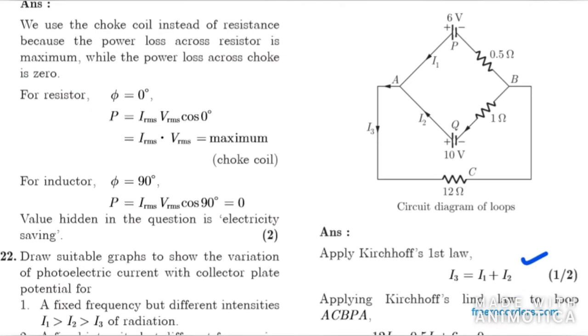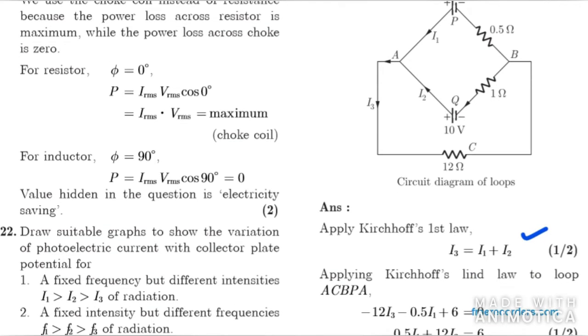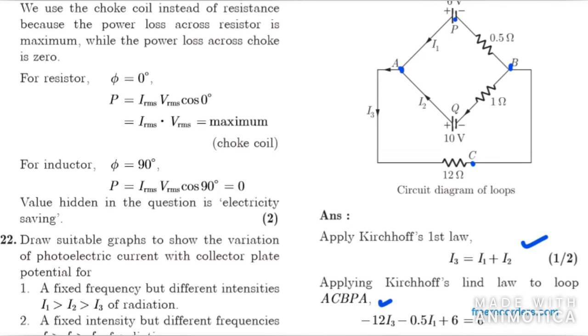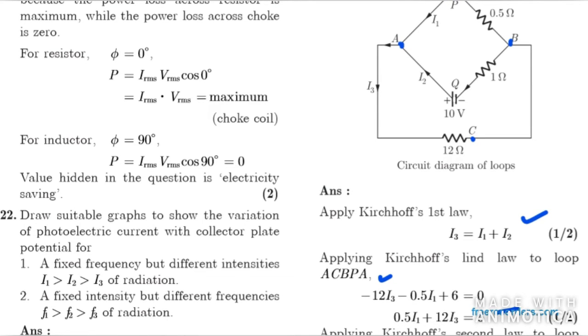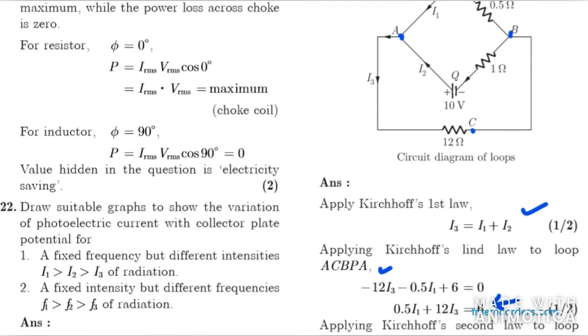Now let us apply Kirchhoff's law to the loop A, C, B, P, A. So it will be minus 12 I3 first, then it is going through the 0.5 ohm resistor, so minus 0.5 I1 is flowing through this, then we have a potential difference of 6, so plus 6. So we get the first equation as 0.5 I1 plus 12 I3. Now in the second loop,